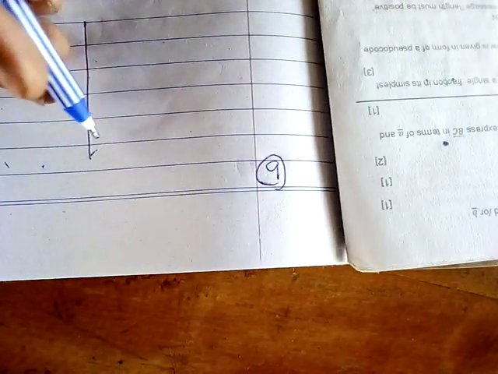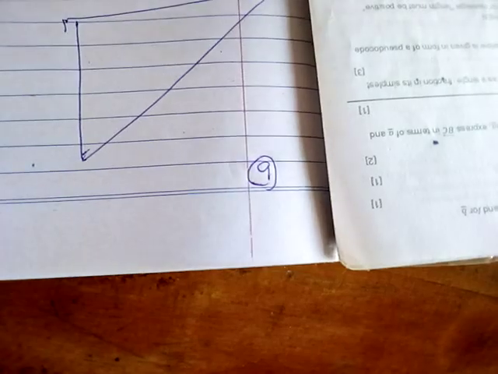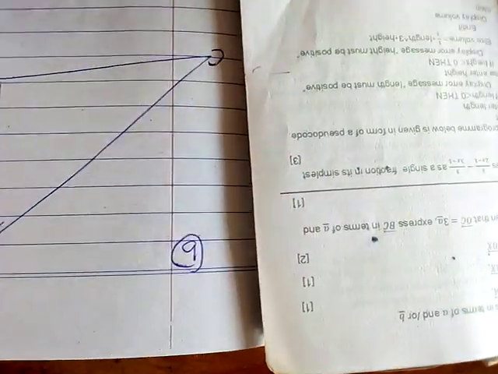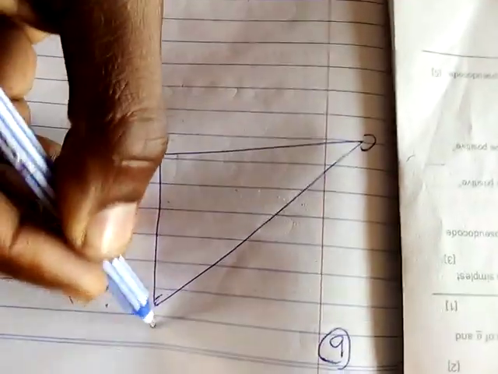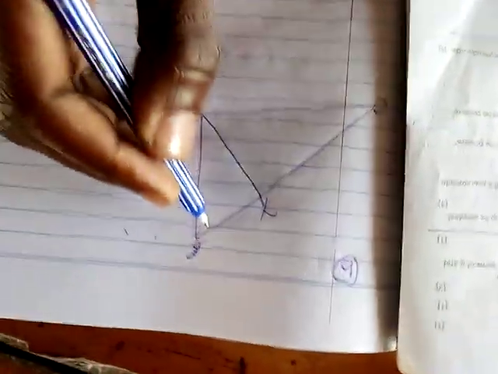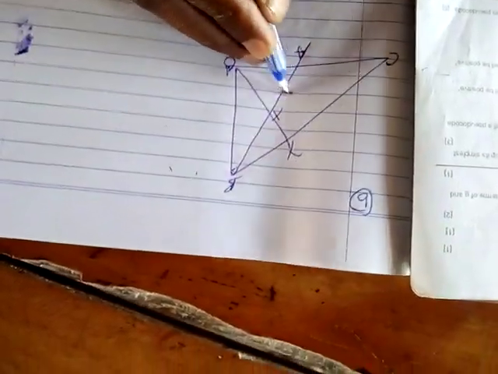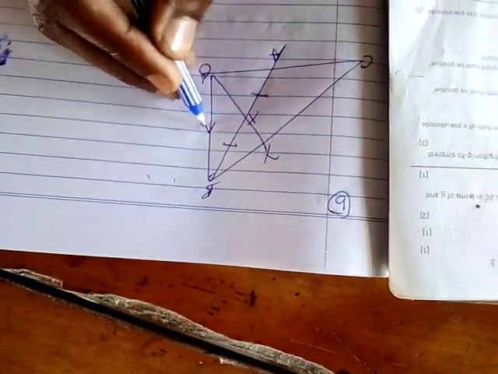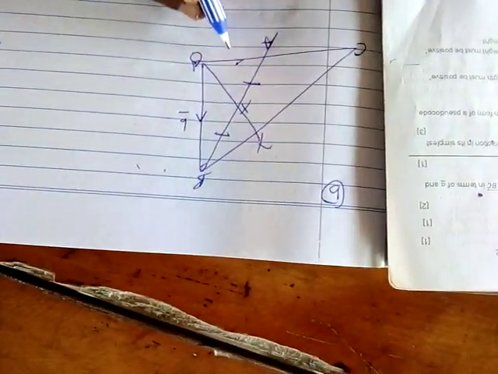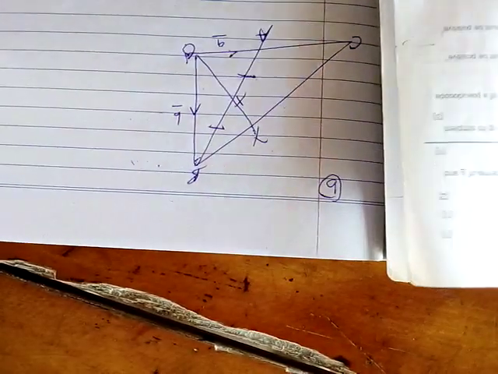Let me just sketch the diagram. This is C. Then this is O. This is B, and then this is A, then this is X. So we are given in the question that OA is equal to A, OB is equal